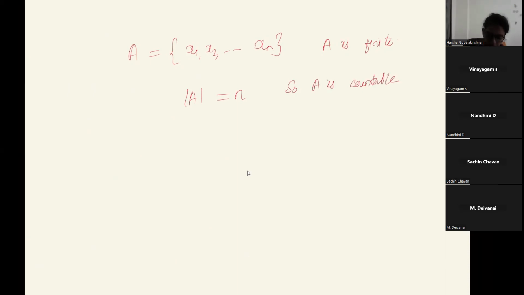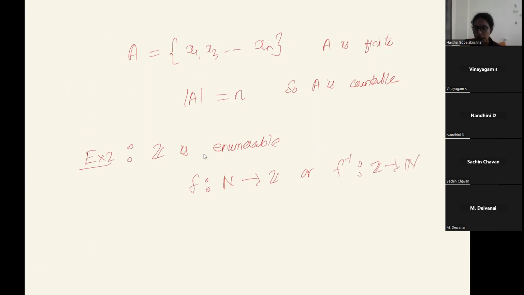So in the same way, we'll just give you it as an exercise. You can try. Set is enumerable. So what does it mean that a set is enumerable? There exists a bijection from n to z, or there exists a bijection f inverse from z to n. So one thing is we need to find the bijection, how the map from n to z or z to n